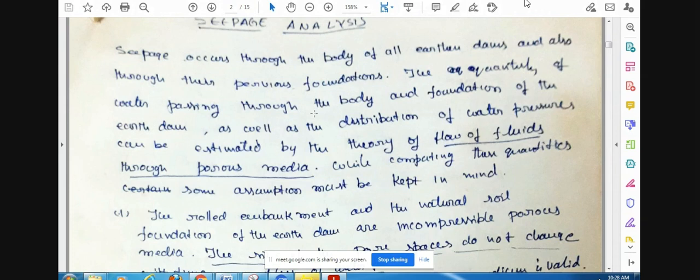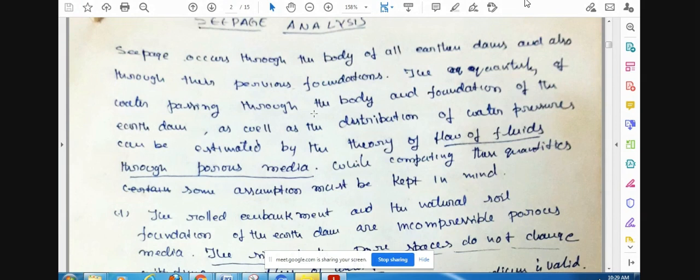Okay, and another one is that the voids, we assume that the size of the void is not varying, but actually it varies. Okay, because of various reasons, the gaps, the voids may vary. Okay, and the flow, we assume that it is non-compressible. Okay, but actually it is not the case.